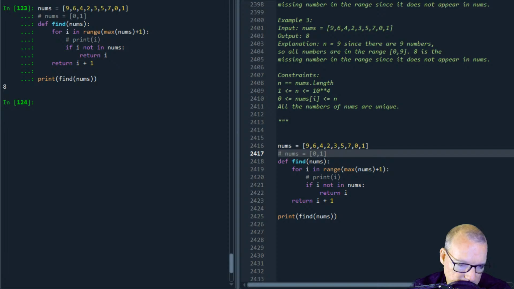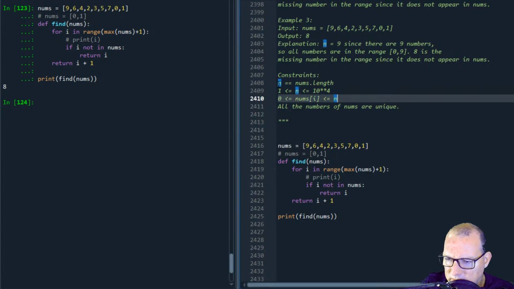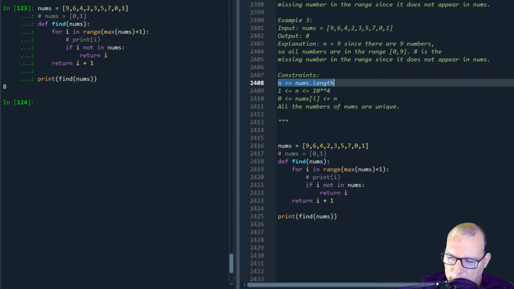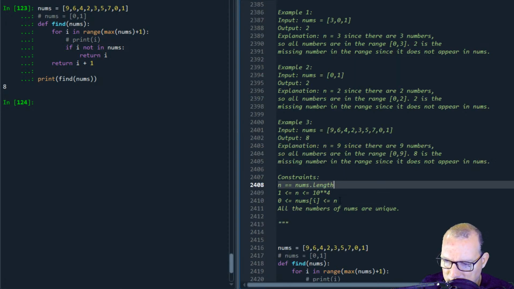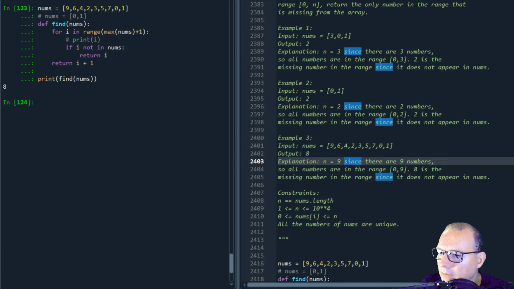So we can create an algorithm that can check if the next number is present, like we have a starting point at 0 index for the array, and that will be our starting number. Yes, right, here's the constraints. So n is going to be, see, I disagree with this right here. N equals 9, since there are, well, see, now maybe I'm,